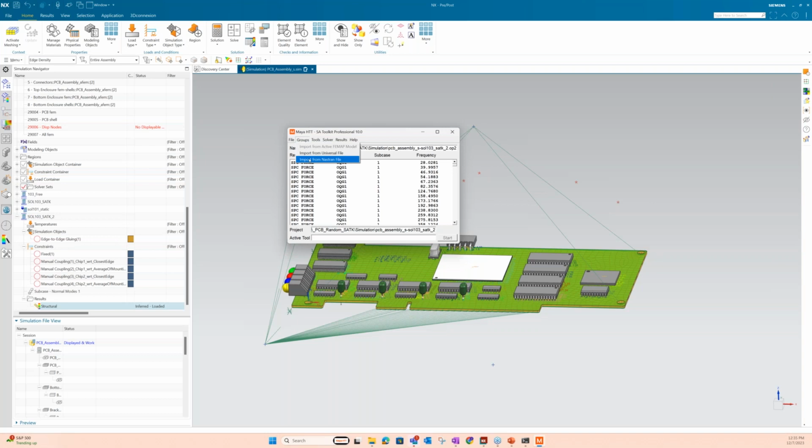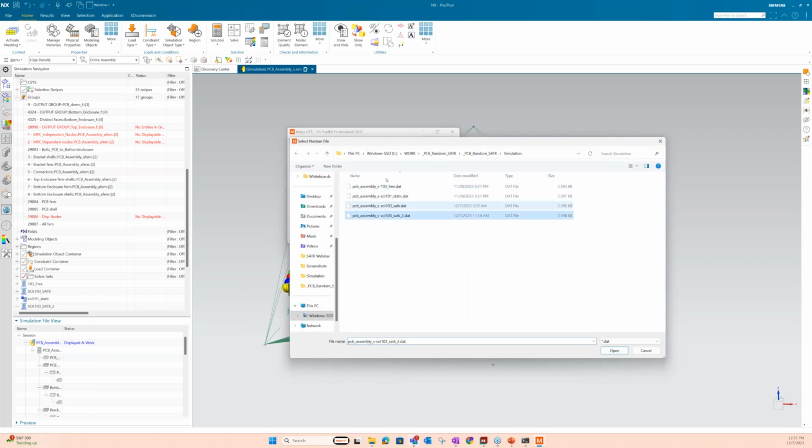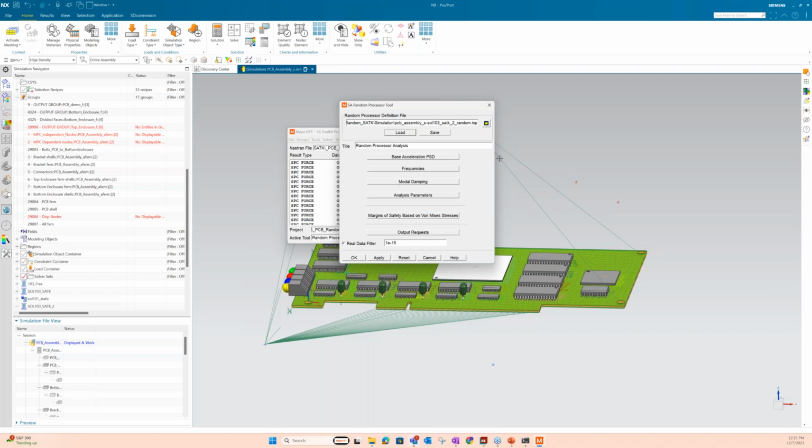I can import a Nastran file. I can import groups as well from the Nastran file. I've created some groups in here just to be able to easily choose where I want results. You're just reading the Nastran dat file. Click OK. Now the toolkit itself will determine, based on the results you requested, which processors you can use. So you can see here, I didn't request some of the grid point forces and such that would be needed for the grid point force processor, energy analysis and such. But we're going to be looking at the random processor as well, which opened up on my other window.